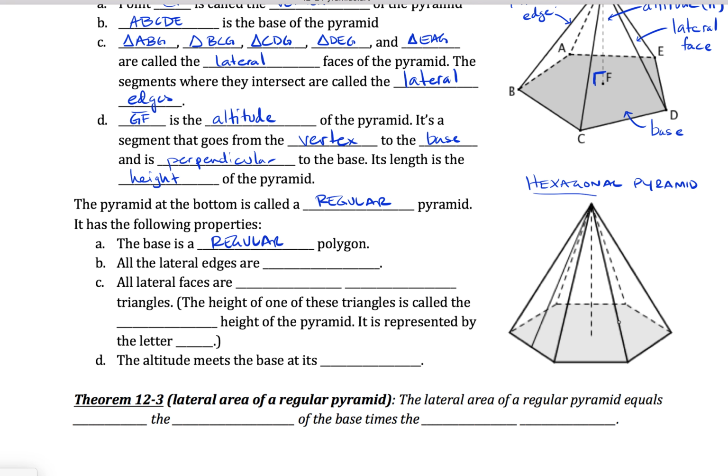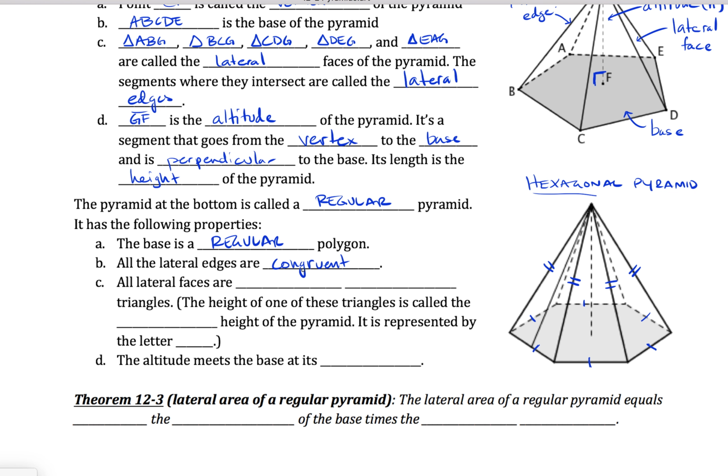In this case, it's a regular hexagon, meaning that all the sides of this hexagon that is the base of this pyramid are congruent and all the angles are congruent. All the lateral edges of this regular pyramid will all be congruent. So this would be congruent to this, and it would be congruent to that, and those two edges that are kind of in the back side of the pyramid would also be congruent